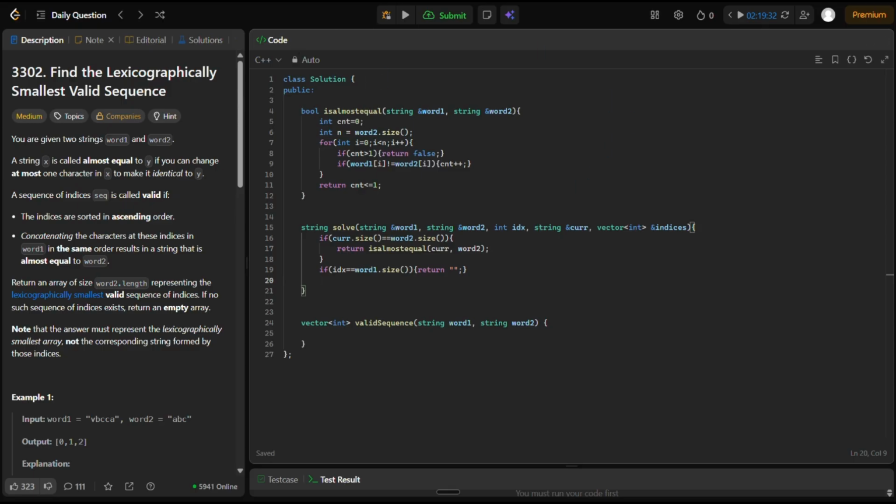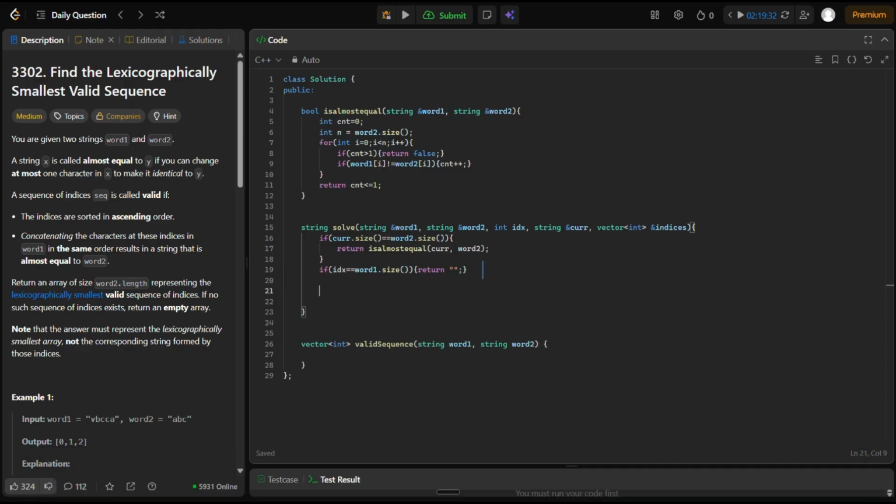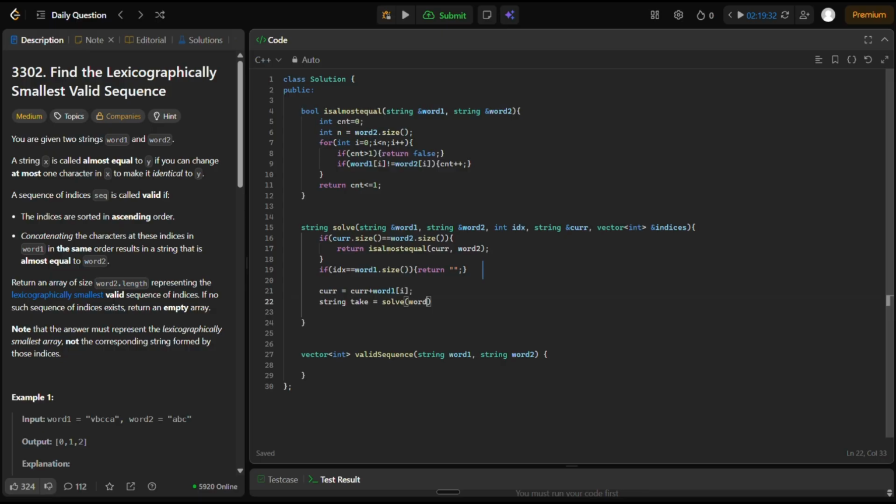If we take, then the current will be current plus var1 of I. Now here string take equal to sol of var1,